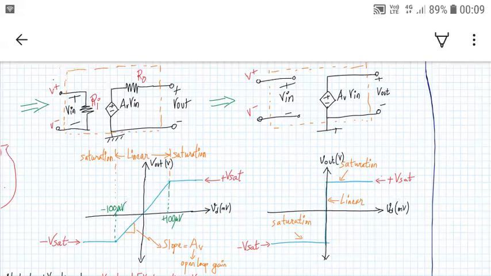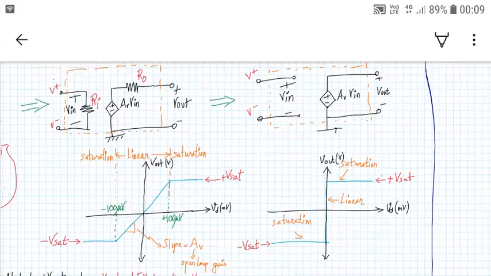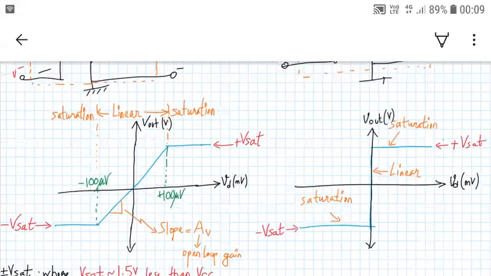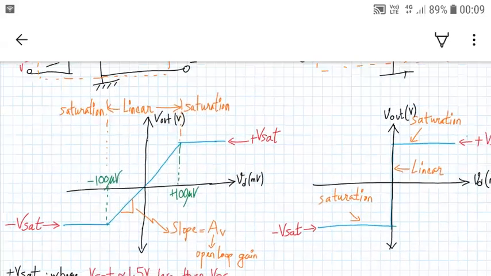So in my practical op-amp, my open loop gain is AV. So these are my three operating regions over here, that is linear, saturation, and saturation. So we have a very small window wherein my input is the difference between the inputs, that is VD. VD is basically the difference between the two input terminals, that is V plus and V minus. So if that difference is between plus 100 microvolt and minus 100 microvolt, only in that region the op-amp will work in the linear region